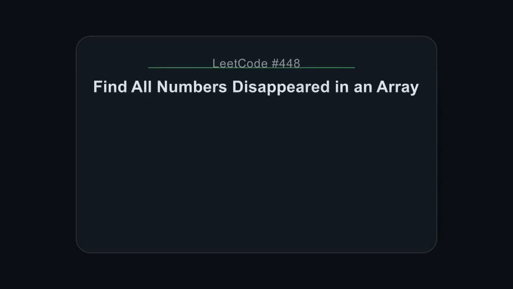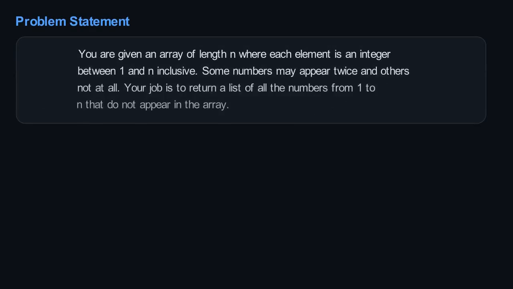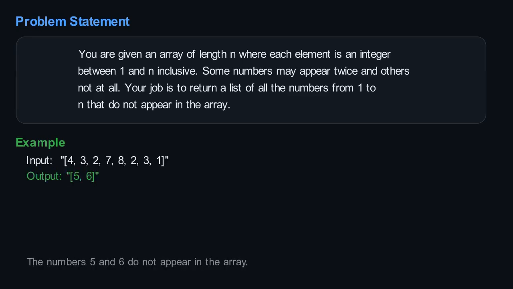Finding missing numbers looks like it needs extra storage, but there's an in-place marking trick. You are given an array of length n where each element is an integer between 1 and n inclusive. Some numbers may appear twice and others not at all. Your job is to return a list of all the numbers from 1 to n that do not appear in the array. For example, with the input 4, 3, 2, 7, 8, 2, 3, 1, the missing numbers are 5